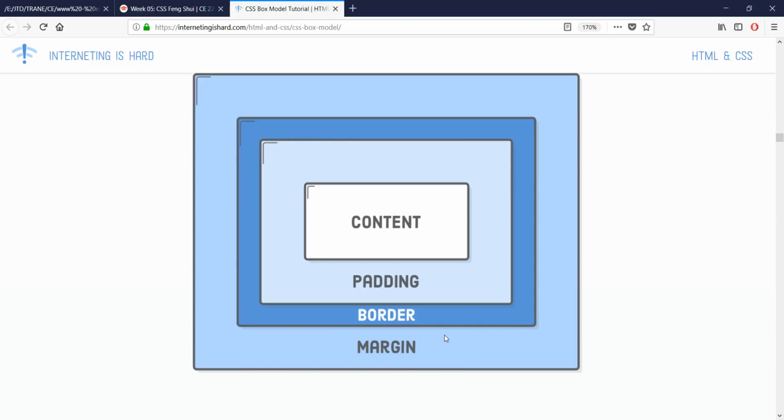So a lot of times, it's tough to really get a sense of what the box really looks like without a border and without any sort of background to it. So just the text by itself, it's hard to really see it this way. But if we add in a border, if we add in a background, then the box model itself is going to be a little bit more clear. So let's go ahead and